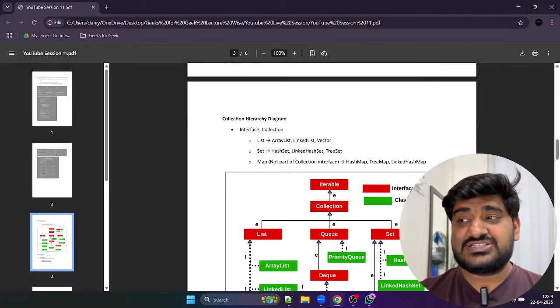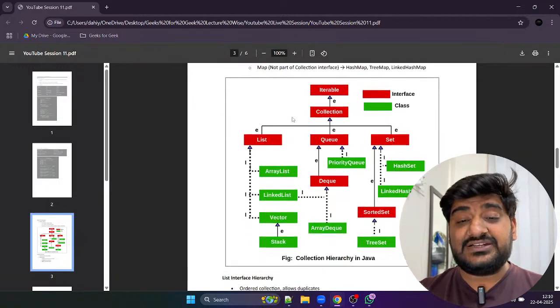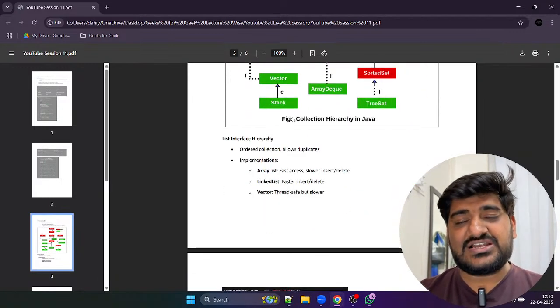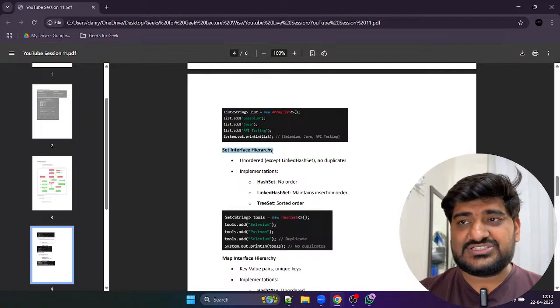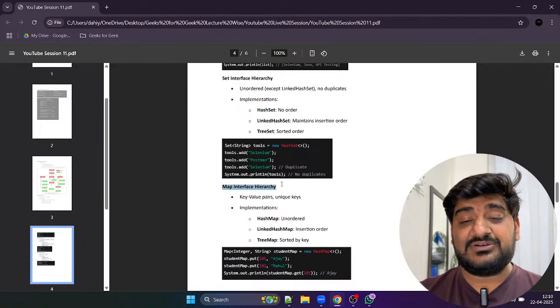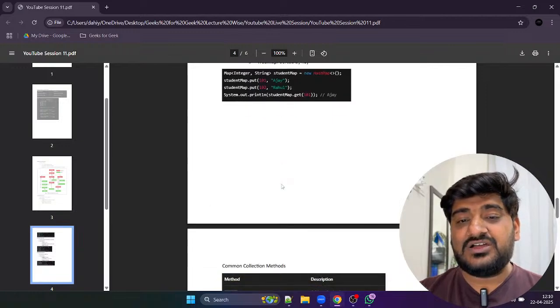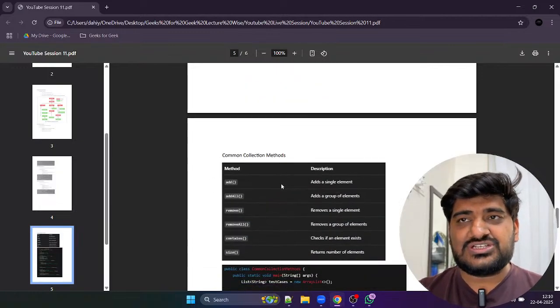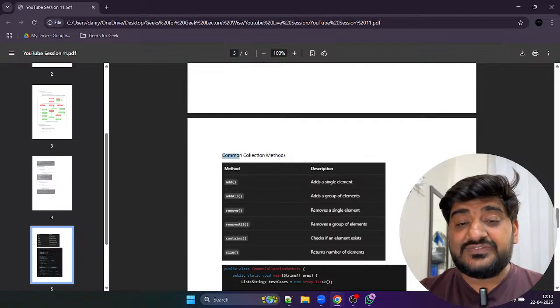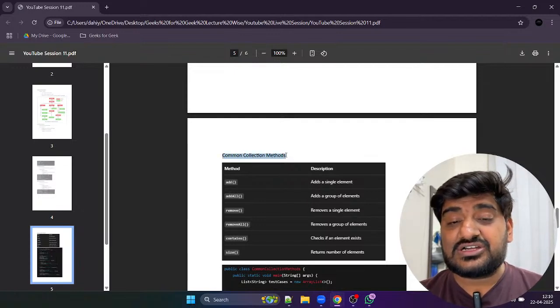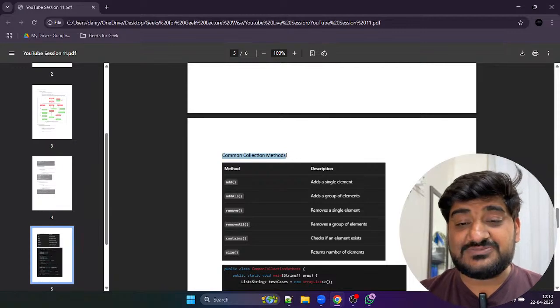Then we are going to discuss the collection hierarchy diagram, what it represents, and some of the classes and interfaces related to it. Then we will understand the list, basic identity, and then the set, and then the map interface hierarchy. We're not going into much detail on those, as we will cover those classes later, because we have divided the topics into three different sections. Then we are going to discuss some common collection methods that are used in